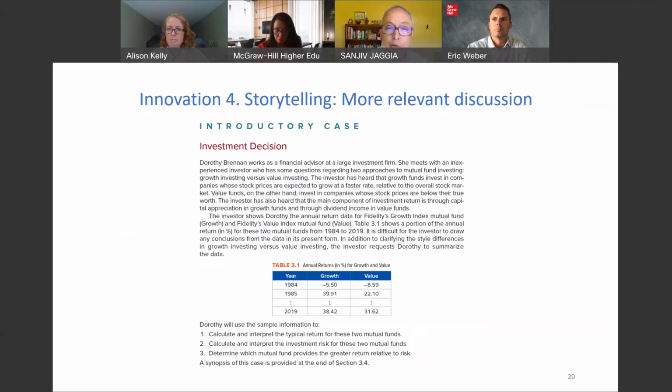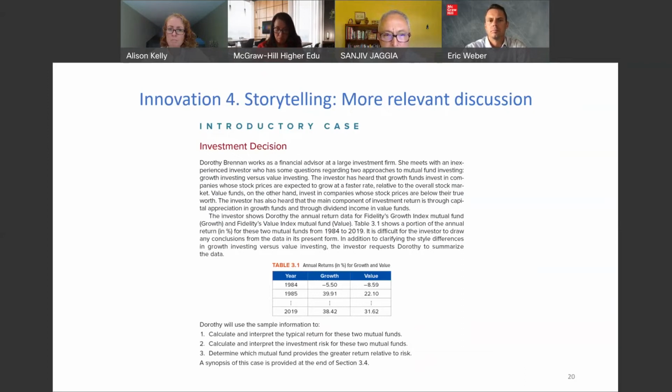We try and do it throughout the chapter, in each and every chapter, in the solved examples. But 2 things that we do from step 1 is called the introductory case. Each and every chapter starts with an introductory case, where something that students may find interesting is shown to them. But it's not just an interesting case which has no link to the rest of the chapter. In fact, you keep coming back to this introductory case and solving questions related to it.